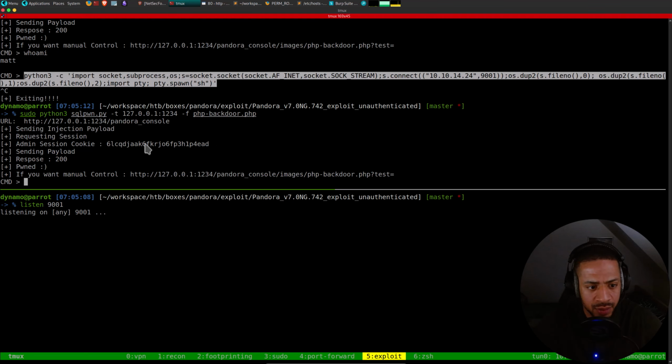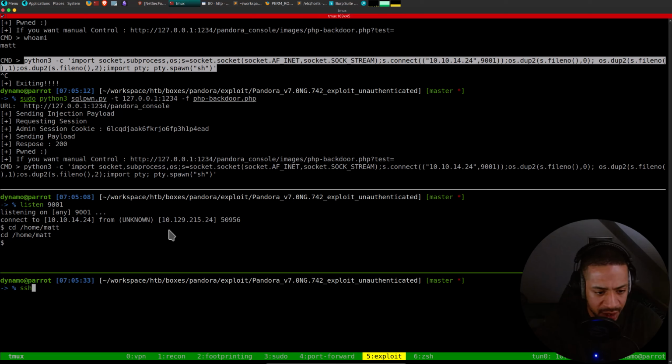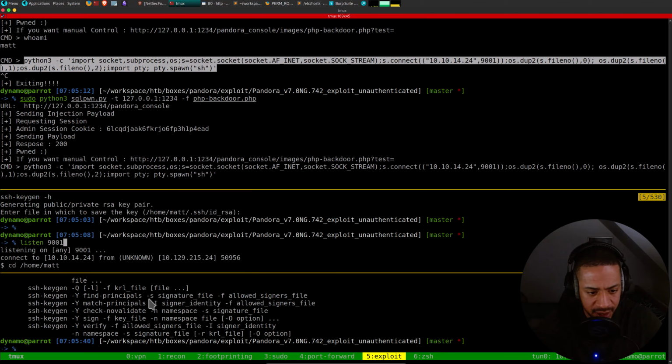That was not very smooth, but let's do it again. So we have a shell here, and then we go to home mat, and then we write, let me just try it here, ssh-keygen. Is there a --help? Yes.